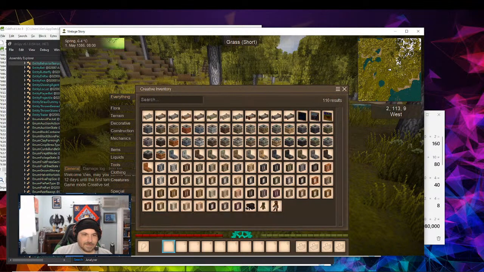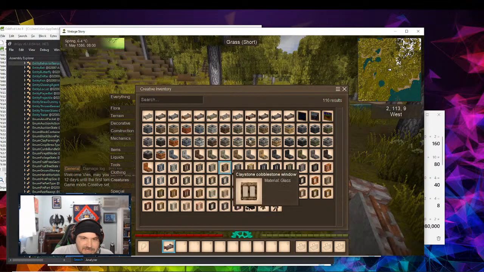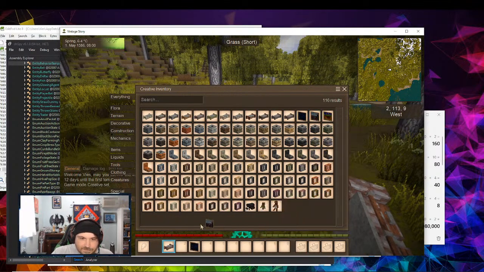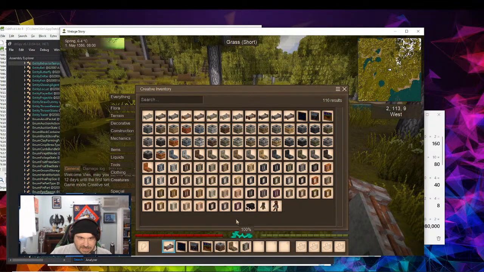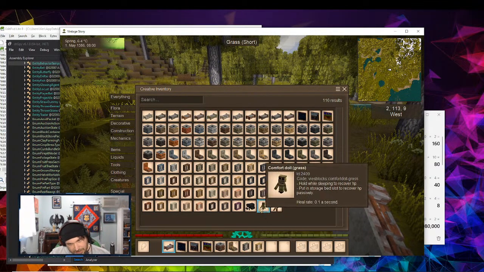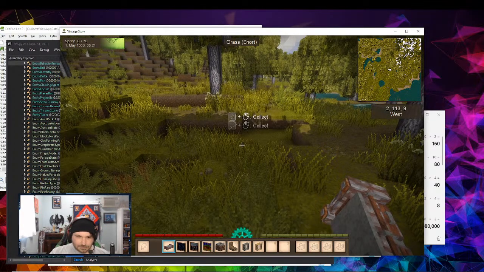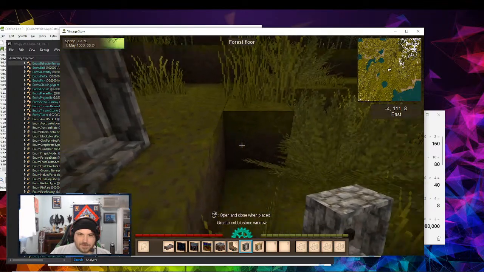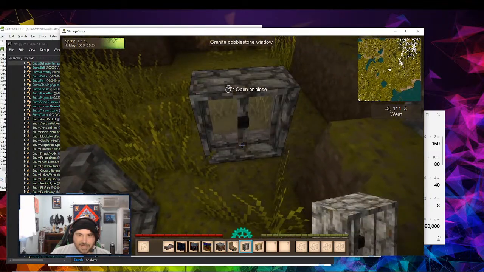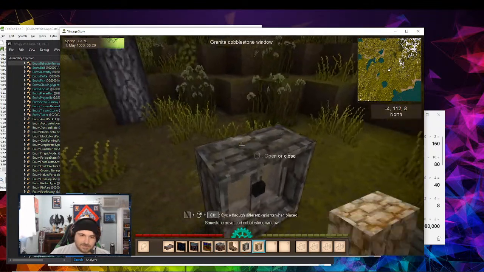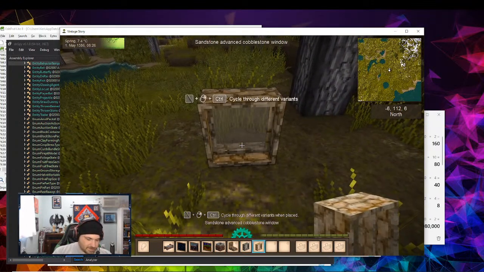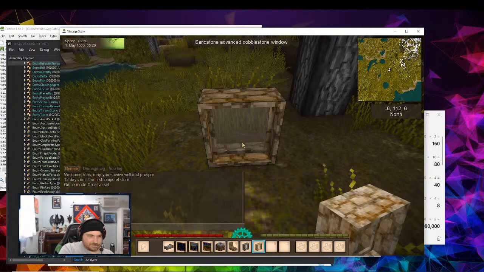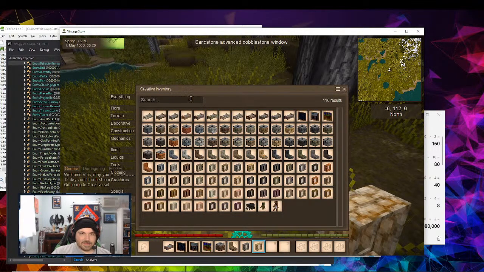All right. Vice blocks, here we go. We'll test the bed. We'll test this, and this. Test only one of those. Test a window. Test an advanced window. All right, so there's the window, open and closes. Yep, and it has all the correct orientations. For this, let's place it down. Slash, oh, before I do that, let's get